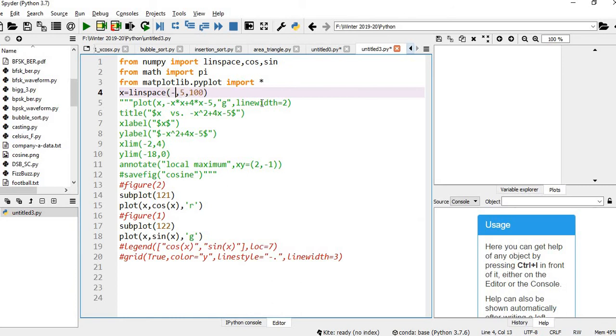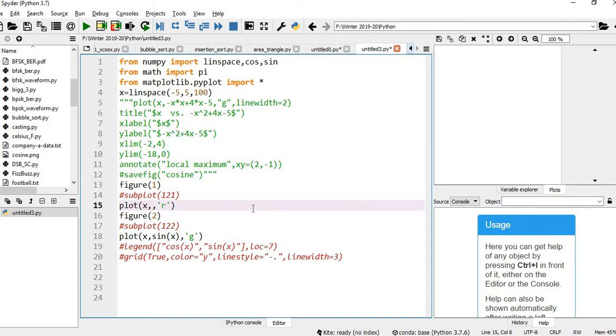Let me take 100 data points. That's okay. So I'm going to use figure 1, figure 2. Okay, I don't want subplots.